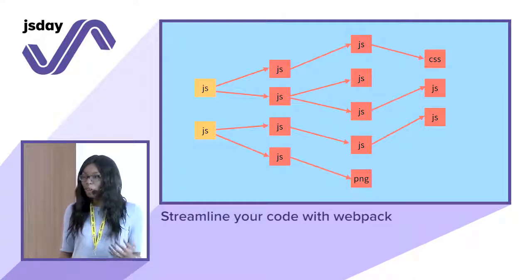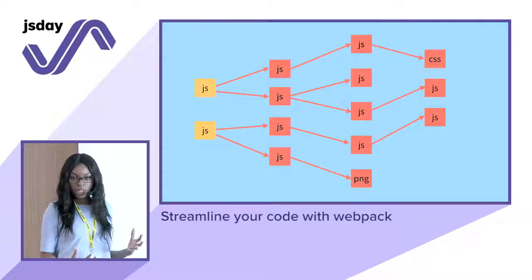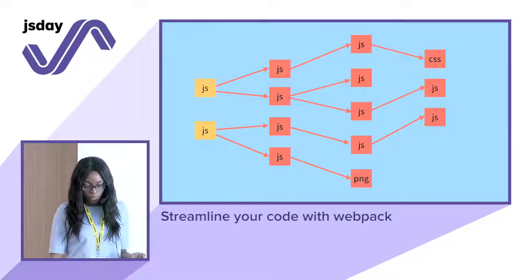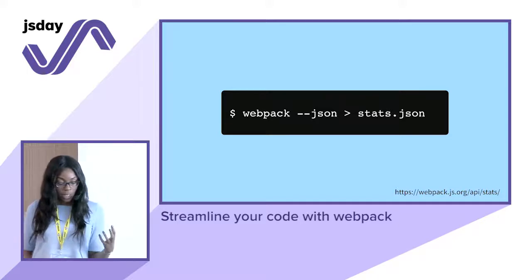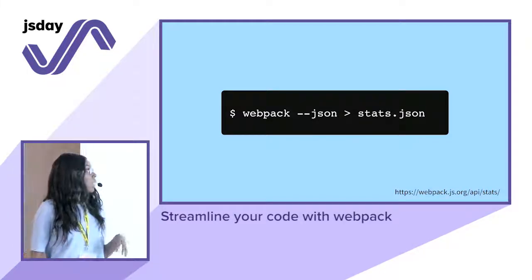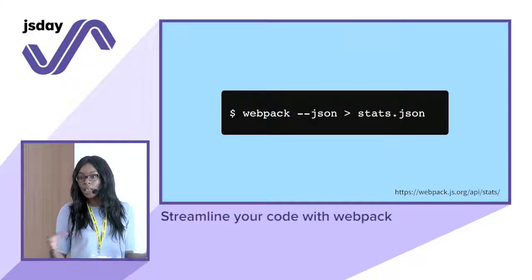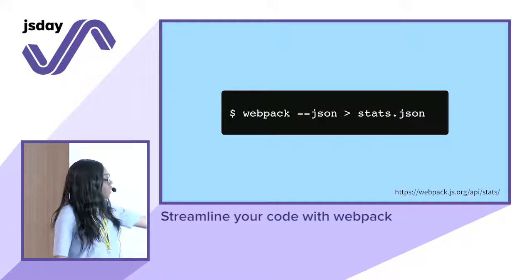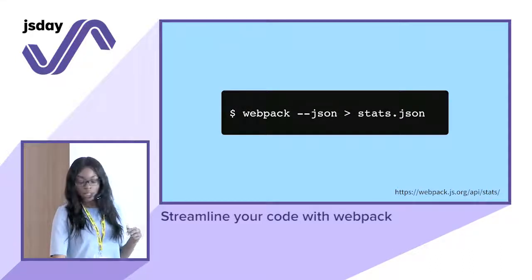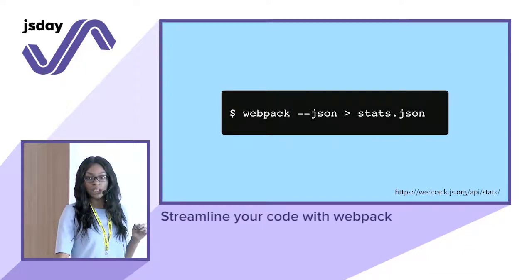So this can get really complex with bigger projects. And the more chunks that you add and the more entry points that you add, it can get more complex. And if you're interested in seeing what this JSON looks like, if you run this command, Webpack with a JSON flag, it will create a file for you called stats.json. And you can see how huge this file is and all the information that it stores about your project. And also, if you go to the link at the bottom, it breaks down exactly all the keys in that JSON file to tell you what exactly each of it means.